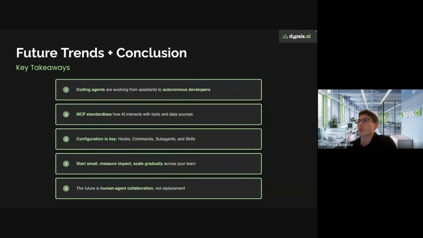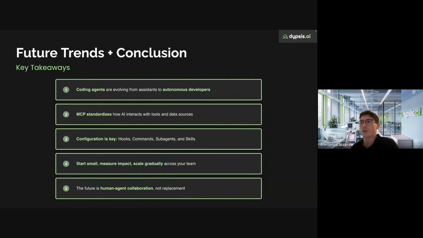So the key takeaways that I want you to take from this: coding agents are becoming a big deal. Before, we were seeing them just as systems, but now they can really become autonomous developers, as long as you are careful with planning, and you spend more time on the planning side and on reviewing what they are about to do. You should use MCPs to help you integrate with external systems. It will provide you a lot of interesting tooling. Configuration is really the key.